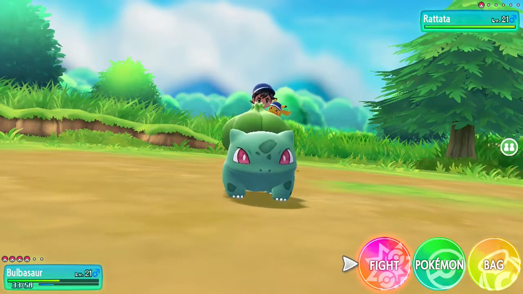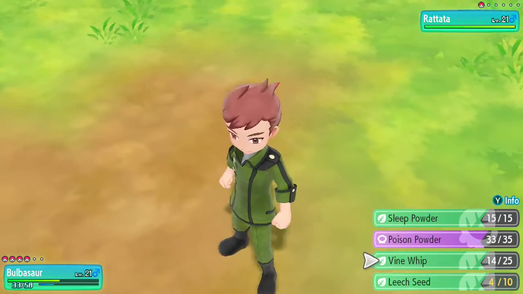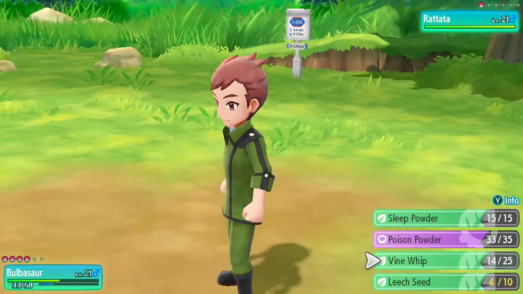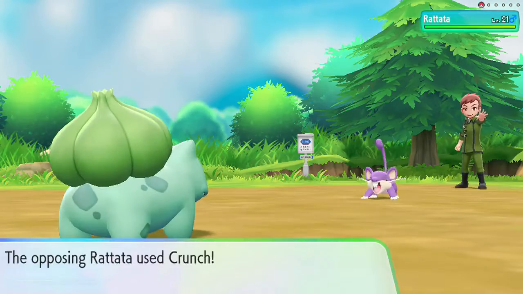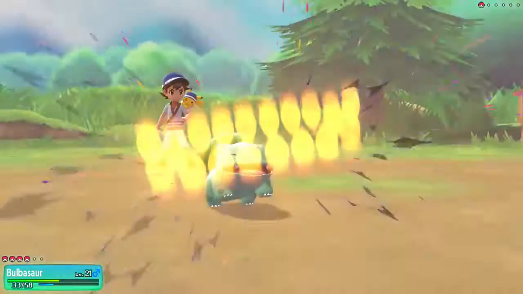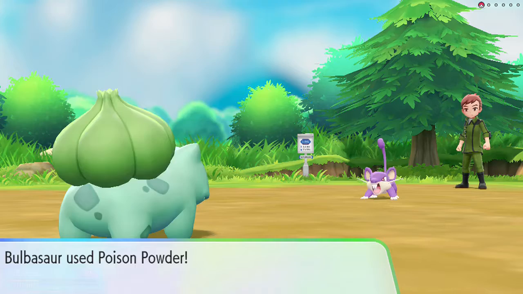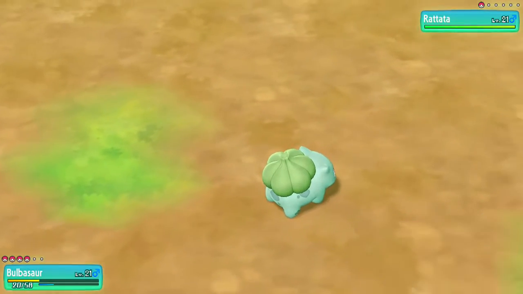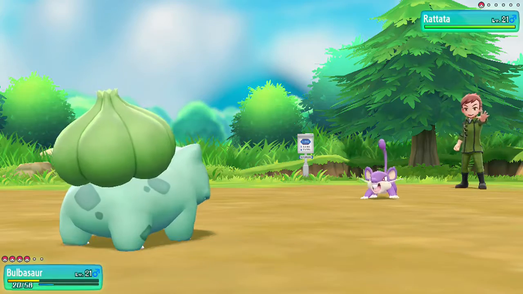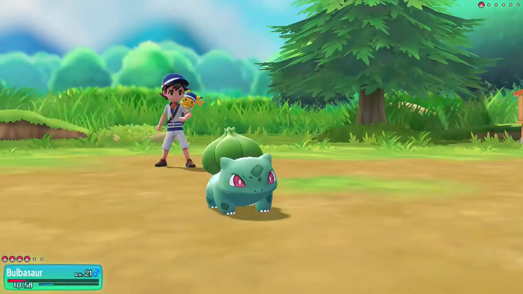We're going to go ahead and try to set up Leech Seed again. I don't know why. Well, do we need to set up Leech Seed? Poison Powder would do just as good, right? I don't know if I'm going to be gaining a ton of health here. Avoided the attack again. It's starting to get slightly annoying, especially when I'm getting low on health here from all